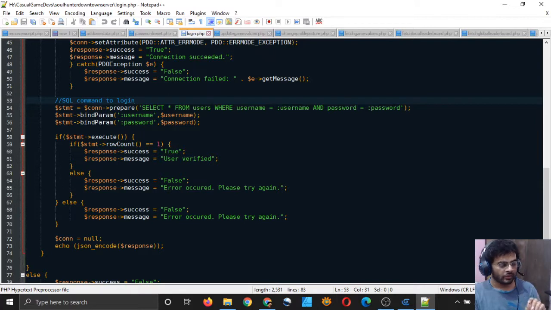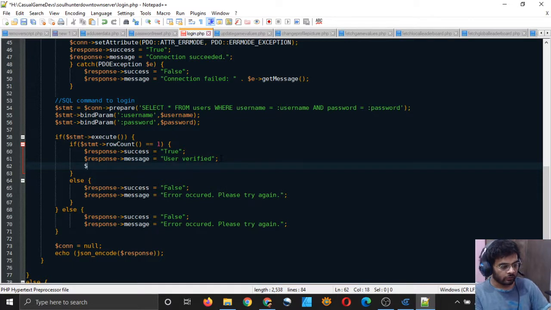Only in the login script, wherever we have said that the success is true and user is verified, which means that we have logged in successfully, in that block of statements you should also add another field to our response variable, and that field should be profile picture.